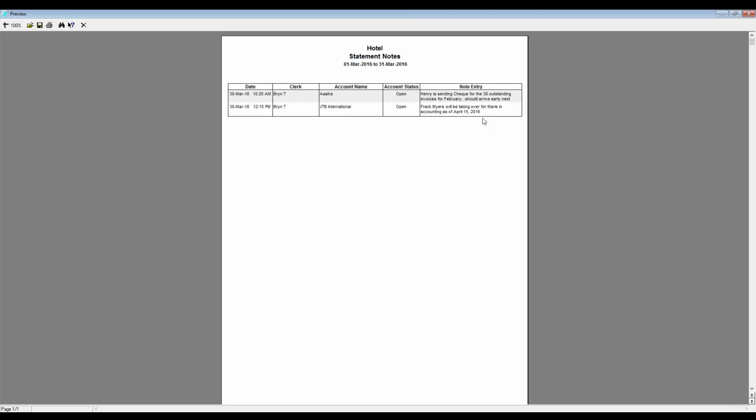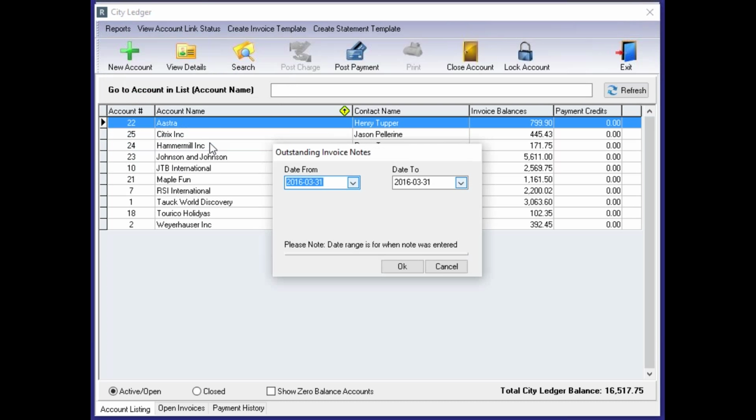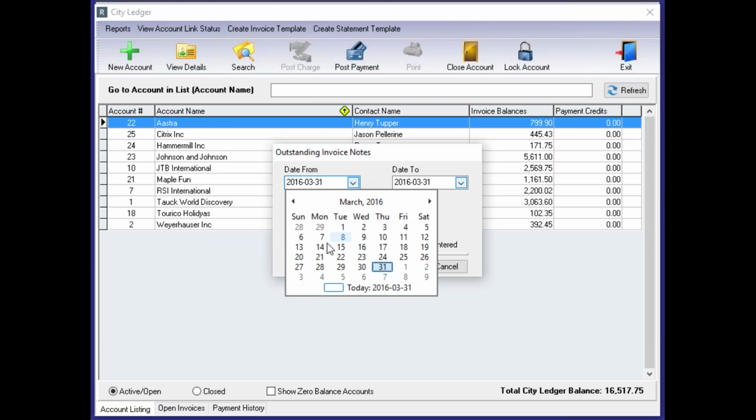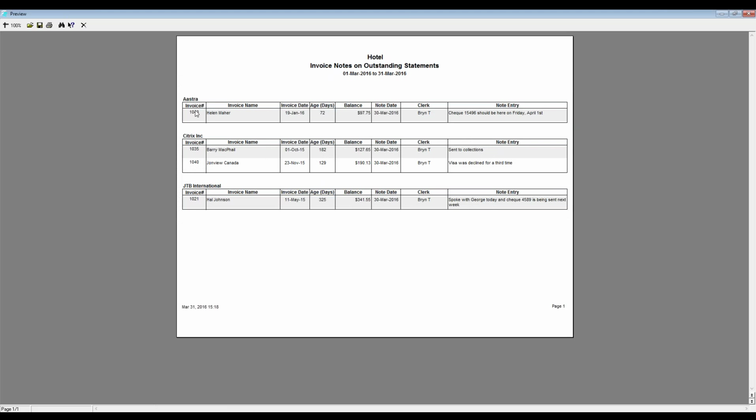from the past month. So the idea being, if you have any notes from the last month that you put in here, so Henry is sending a check for 38 outstanding invoices in February, should arrive early next week. For JTB, Frank Myers will be taking over from Marie in accounting as of April 15, 2016. So I don't know how useful the statement notes will be, but certainly notes for outstanding invoices may be more useful. So again, if I look at the last month, I can see invoice 1043 under Astra,